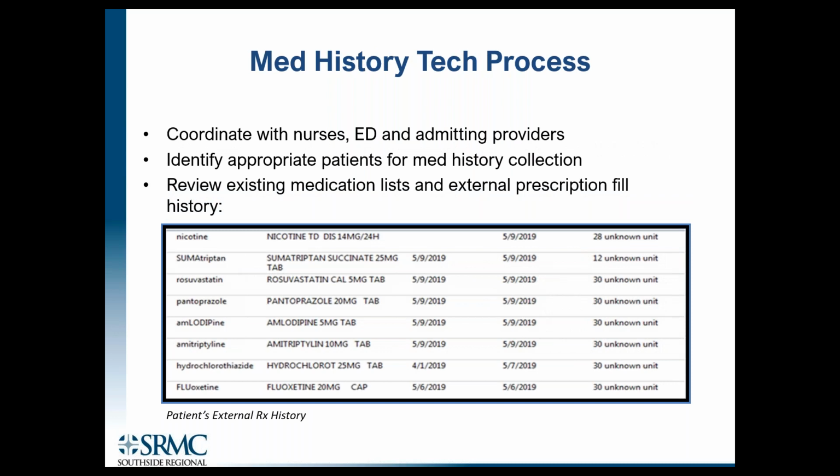her process firsthand. Hello, I'm Katie, and whenever I get approached by a physician or a nurse in the ED, they usually come to me with the patient name or room number, and then I sit down at the computer in our EMR and I go ahead and get everything ready before I go into the patient's actual room. Whenever I go to get everything ready, in our EMR, we can pull an external history that will show us what the patient has filled recently from the local pharmacies, as long as they use their insurance card or they are at a facility. It would show a